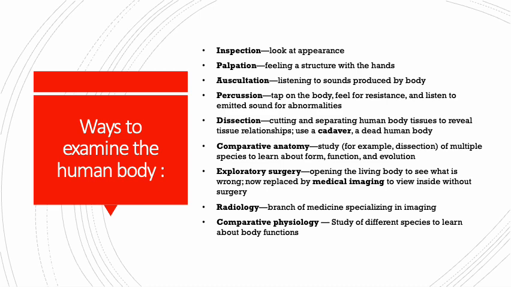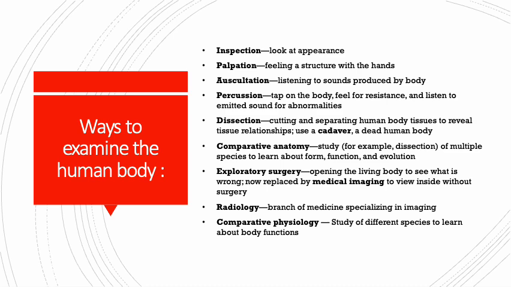Dissection, which is obvious, you cut something open and you look at the insides of it. Typically in anatomy, we dissect things that are really close to human bodies, such as pigs, sheep, or cadavers, which are actual dead human bodies. Cadavers are the best because it's the real deal, but pig and sheep are very close anatomical relatives to the human body. We have comparative anatomy, which is when we